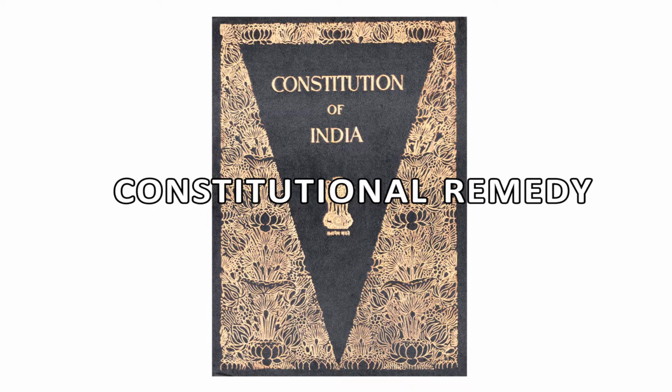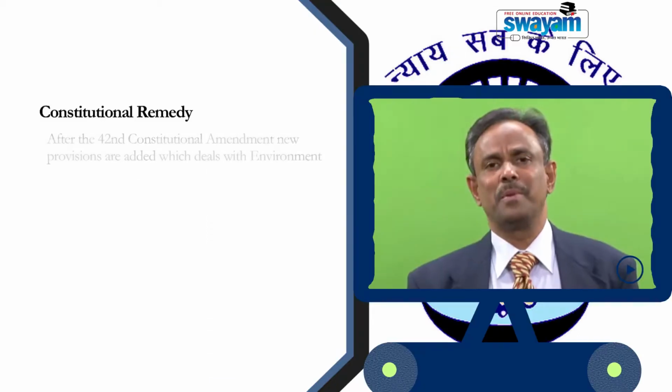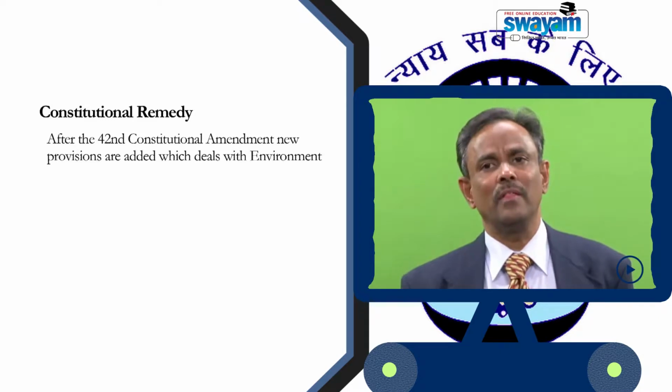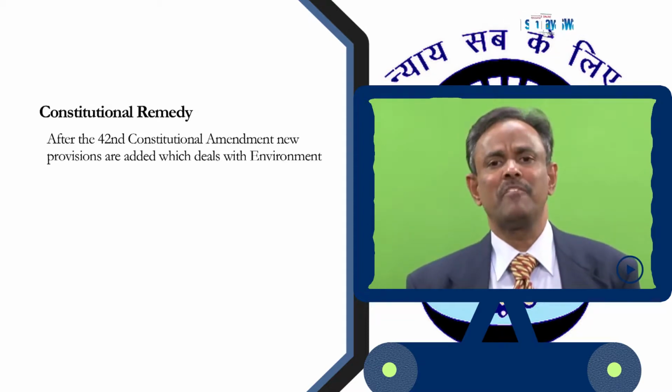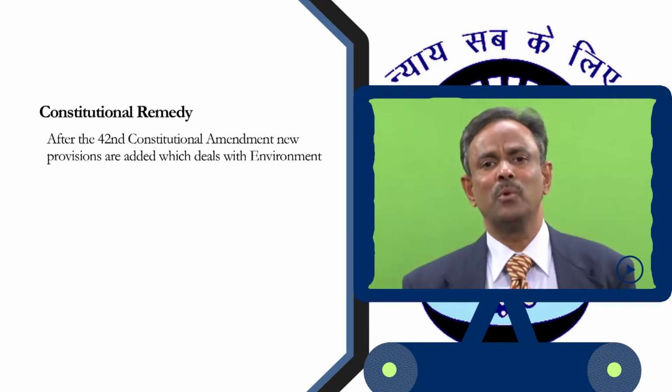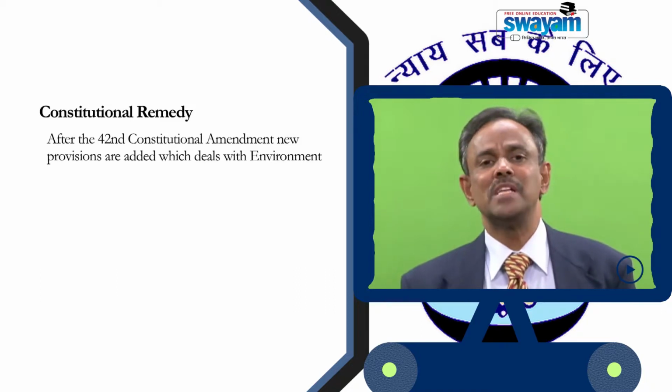The next important law is the Constitution. One of the most important enactments, the law of the land, is the Constitution. When the Constitution came into picture in the year 1950, it did not consist of separate provisions which deal with environmental matters or environmental protection. The concept of environment was incorporated only in the year 1976 after the 42nd Constitutional Amendment Act, which deals with